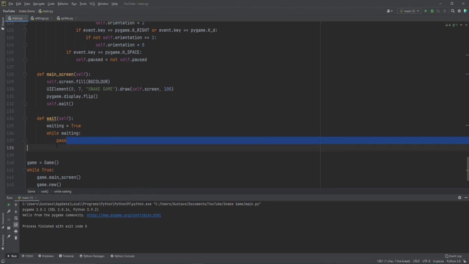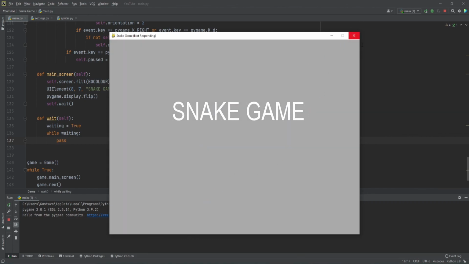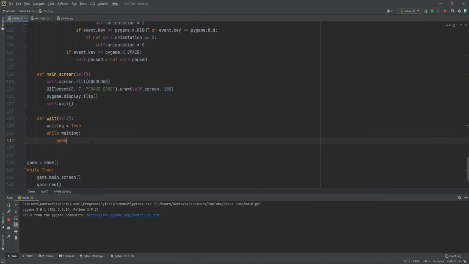So we need to keep listening for those button press. So now if I run this, I should have the screen snake game, and now we're gonna put the buttons in here. So right now we can't access the game, we can't do anything, and it's glitching as well because we need to have